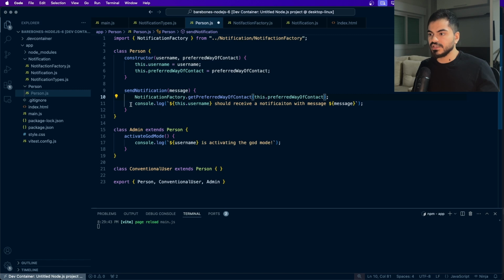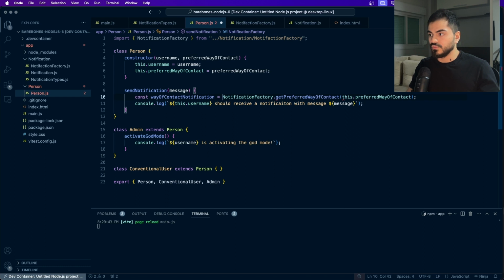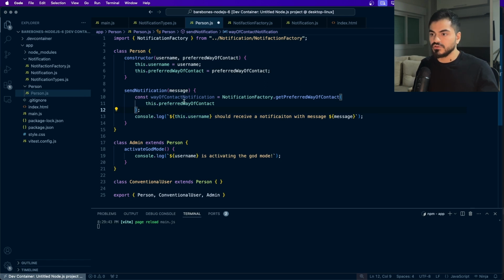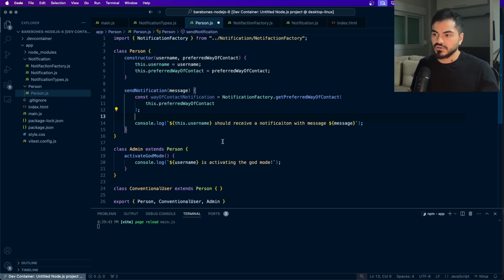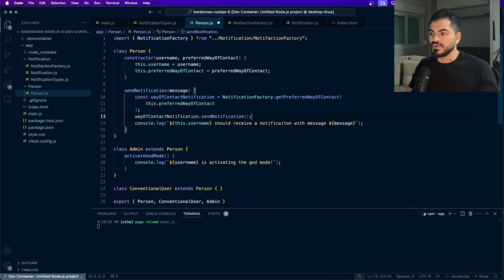So basically what we can do right now is way of contact notification, and what we can actually do is send the notification, right? So basically what we do here is way of contact notification dot send notification, right? Because we already have that here. We have a send here,